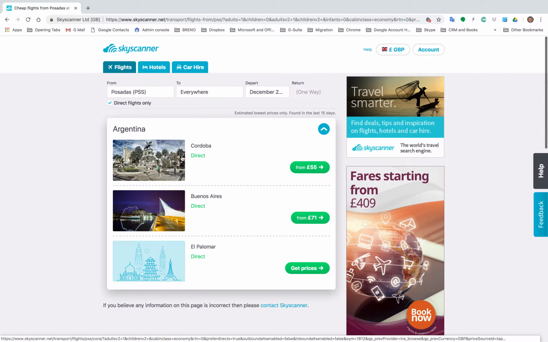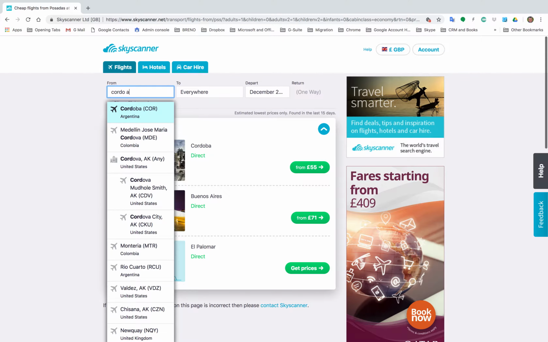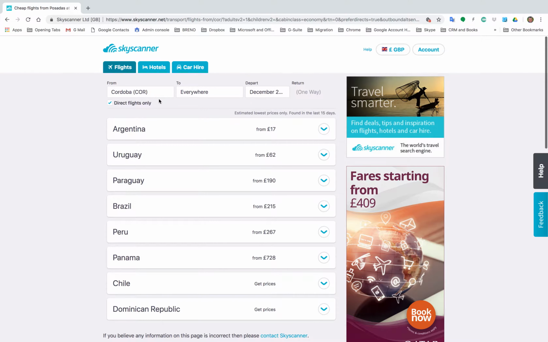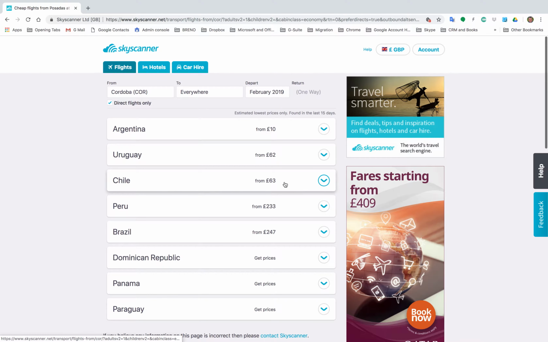And then I found out subsequently, from Cordoba, which I'm going to very quickly show you because it's quite interesting, how many destinations there are where you can fly to from Cordoba. I probably should have done this with a map in front of me. Maybe we'll do a map next. So Cordoba to everywhere. Let's say the whole month again. We're getting bored of looking at it. Should we look at February?